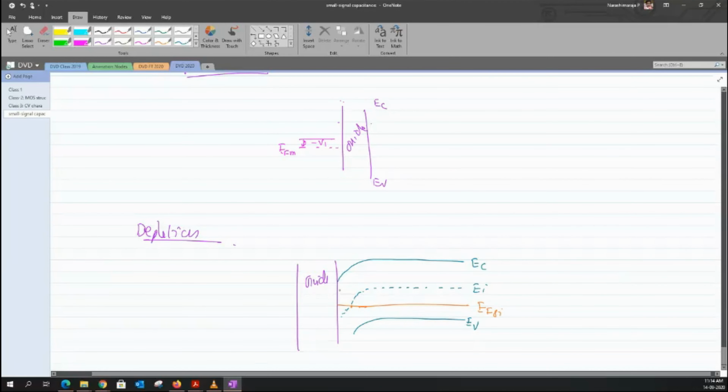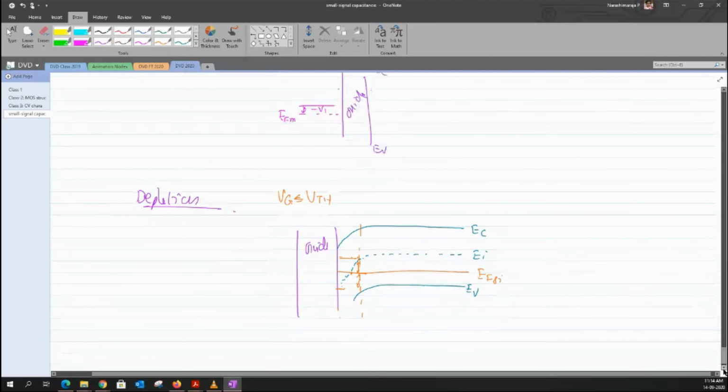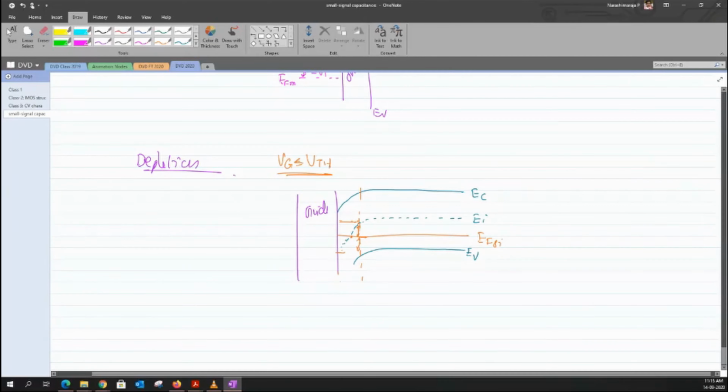Okay, and the amount of charge that I have, when the voltage VG is equal to VTH, we know it's slightly closer but still less than this. We said that it has been filled with some sort of depletion layer, a depletion region filled with ions. Which means that I have to have an equal number of charges across this Fermi level of my silicon. So whatever charge I have here has to be balanced by this charge. This gives us the depletion width, and this is the case when VG is equal to VT. Now I'll get into what is known as inversion.